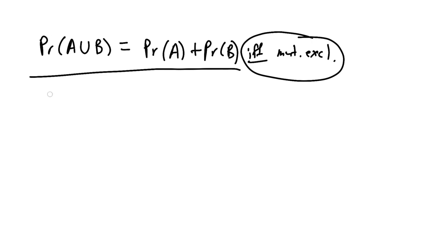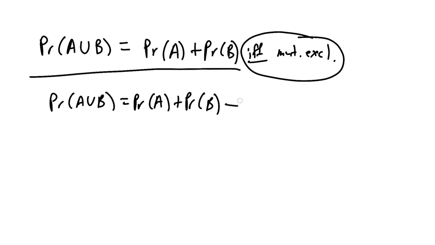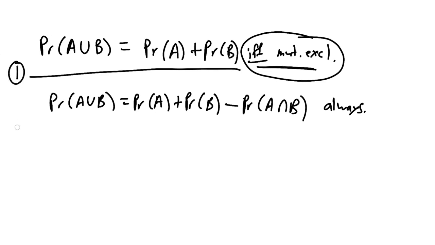Now remember, if they're not mutually exclusive, we can always bail out by saying, let's subtract off the intersection, right? We can always do this: minus the probability that both events occur. That's so we get rid of the double counting here, right? So this is true always. But this is a pitfall students tend to make: they tend to apply the top rule even if the events are not mutually exclusive. And we'll see an example of that, right? So these together sort of make rule 1.